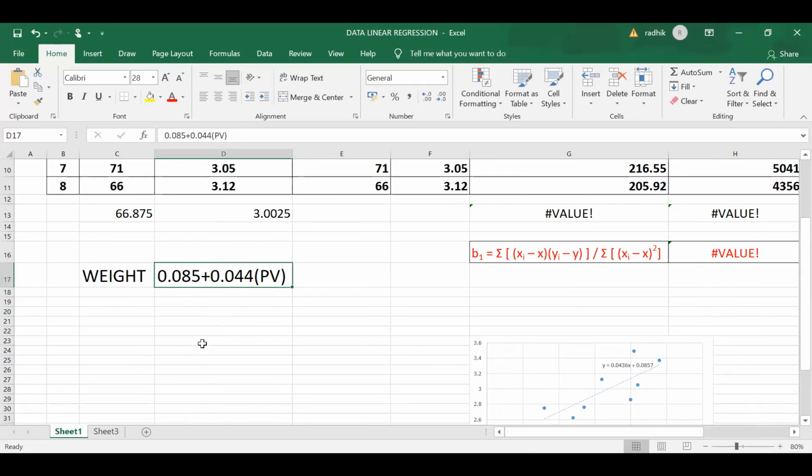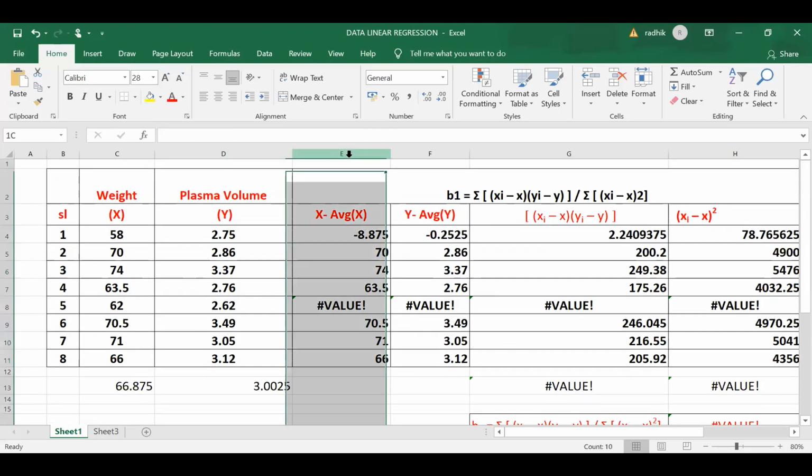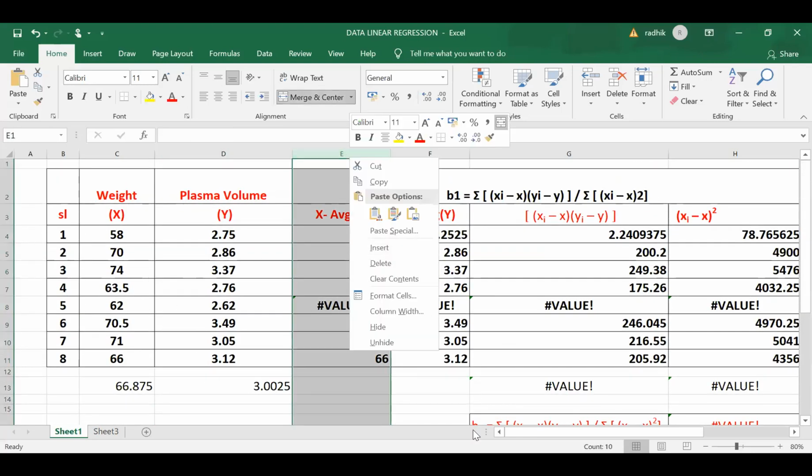So now we have got a prediction equation. Now for any value of plasma volume that I put in, I should be able to predict the weight, right? So for example, with the same data, I'll add it here.